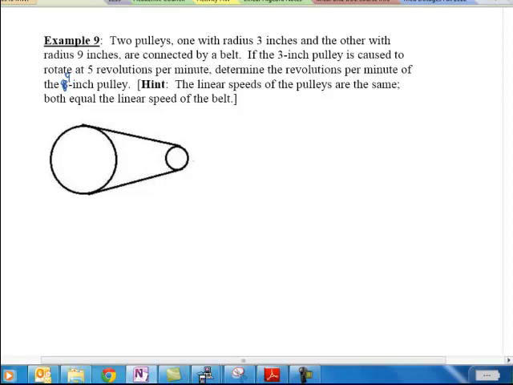And the information that's given tells us that the 3-inch pulley, the smaller one, is rotating at 5 revolutions per minute. And we want to use that to figure out how many revolutions per minute the 9-inch pulley is making. And then what we're going to use is that the linear speeds have to be the same because they're moving with the same belt, right? So for the smaller pulley,